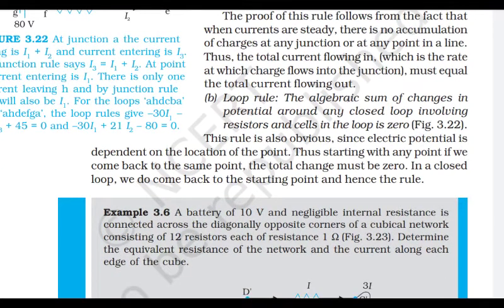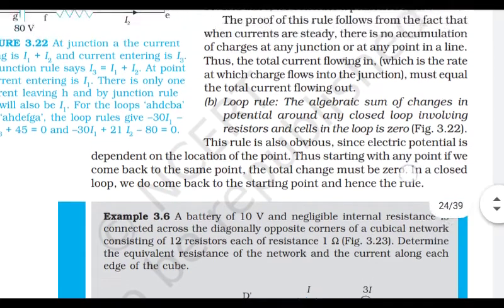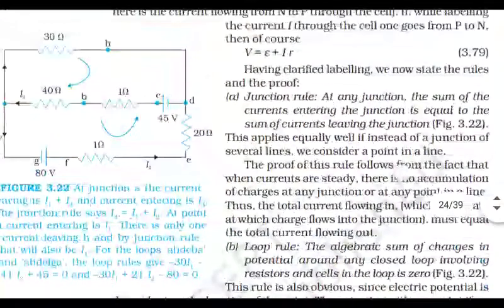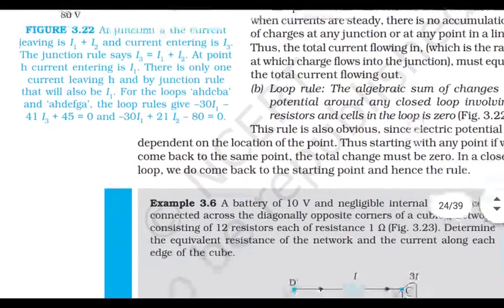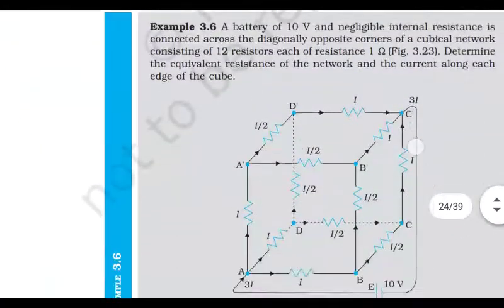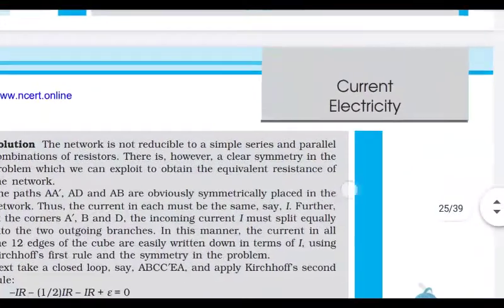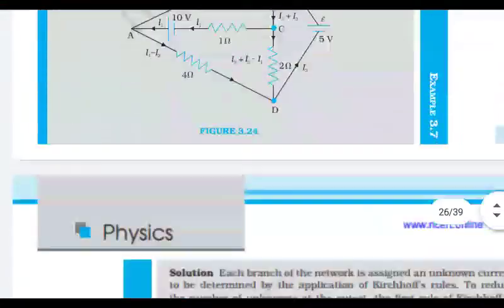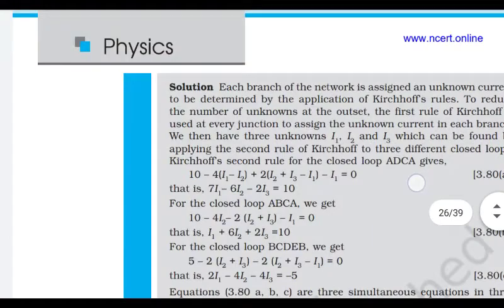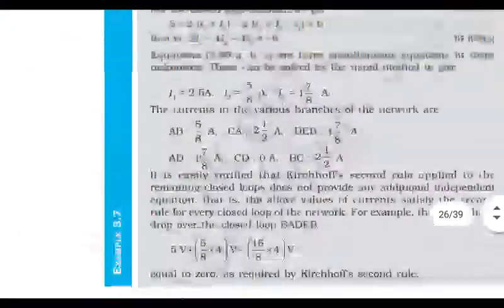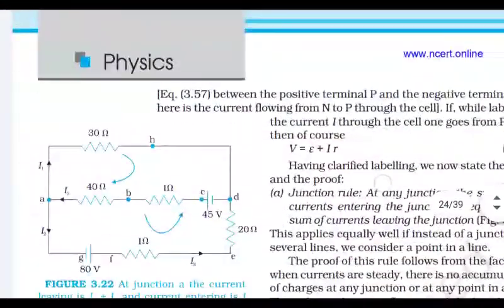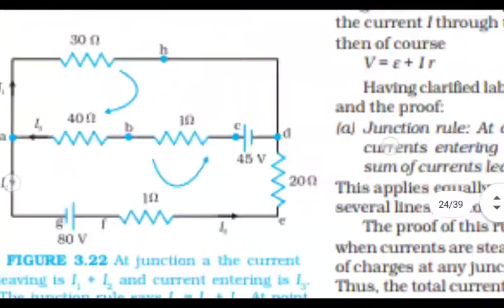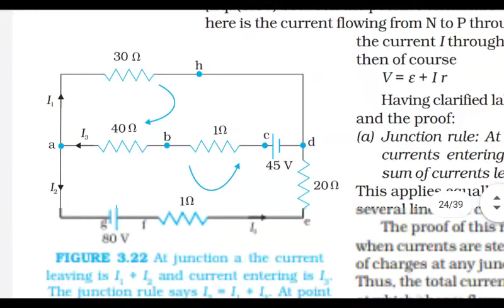Okay, let us understand this second loop also. For that, what do I need, where should I go? Okay, here examples are given. So many examples are given. So let me explain how this loop rule can be explained with the help of this diagram. Now, if we look again at this figure 3.22.